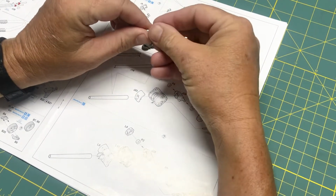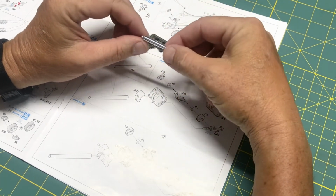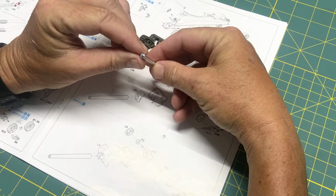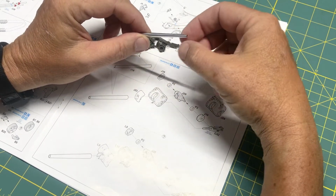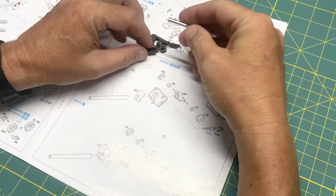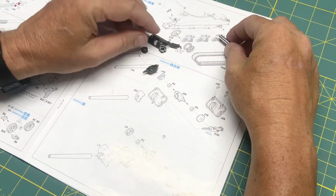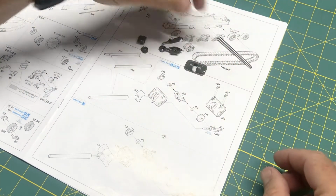The kit barrel I'm sure could be worked just fine, but I like using aluminum barrels when I can. If it had been a slide molded plastic barrel, I probably would have just used the kit barrel, but I didn't feel like messing with the seam, and I just really like these aluminum barrels, and they're priced really nicely. So the first thing I need to do, I've got all the parts cut out and ready to go,